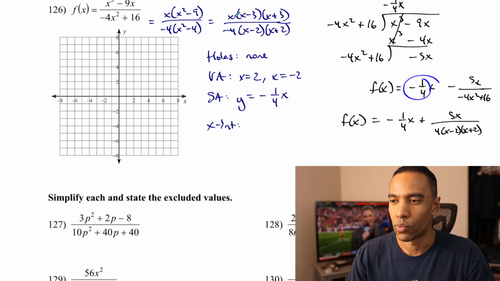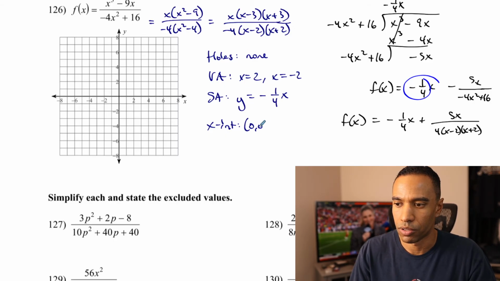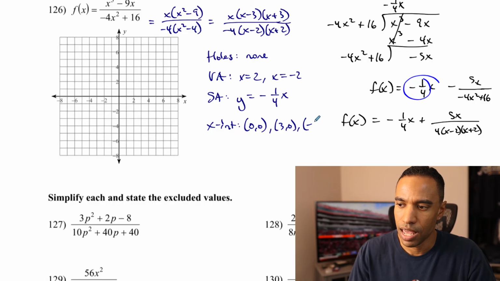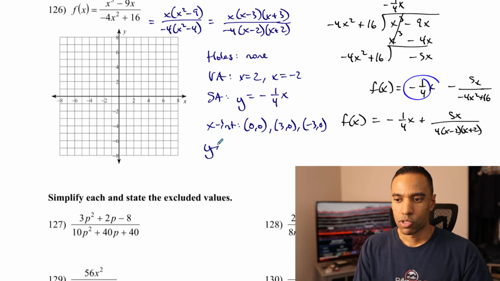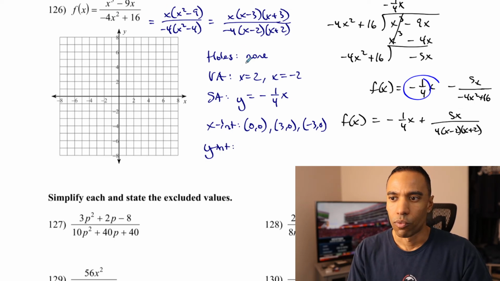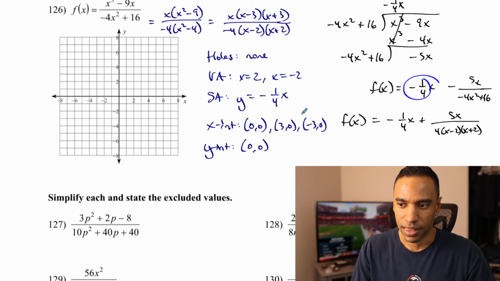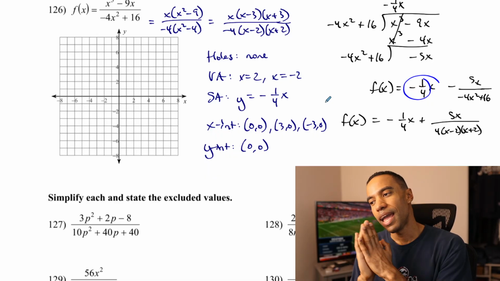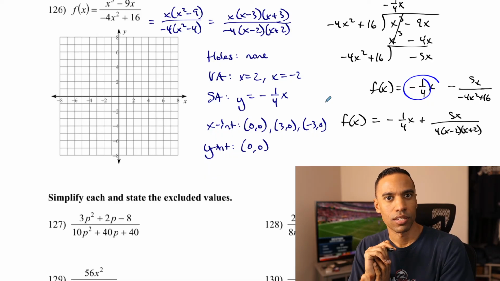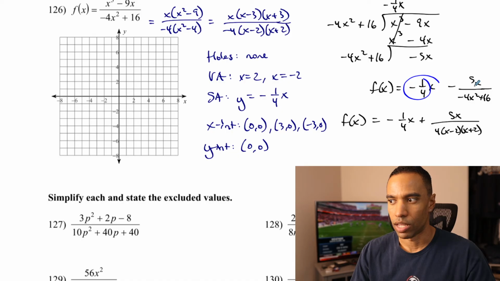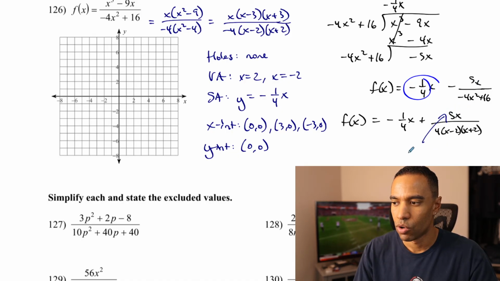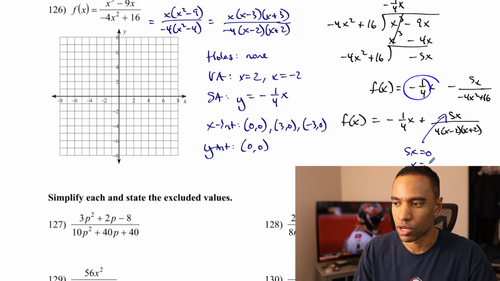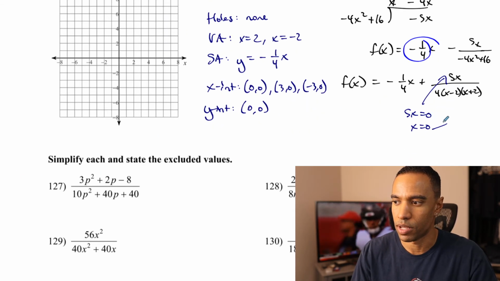Intercepts here. We have 3 of them: 0, 0, 3, 0, and negative 3, 0. That's when the numerator is 0. The y-intercept is when x is 0. Solve for y, and that will be 0, 0, because, again, that's the x-intercept right there. And I can find out where we cross the slant asymptote. It will cross at 0, 0 right here, because when 5x equals 0, x equals 0, this is where we cross